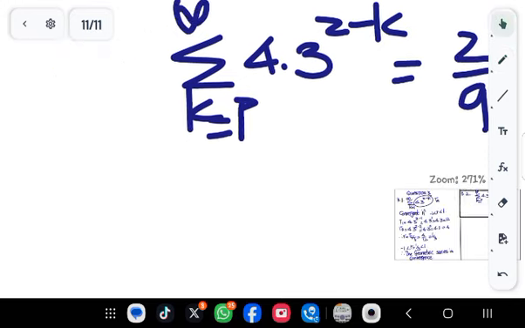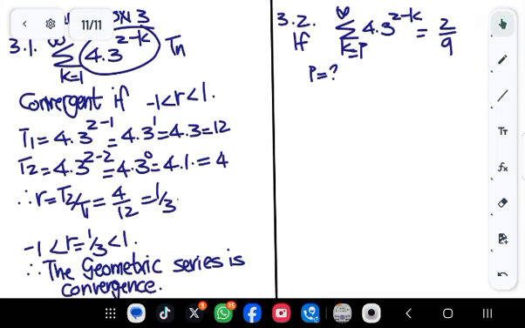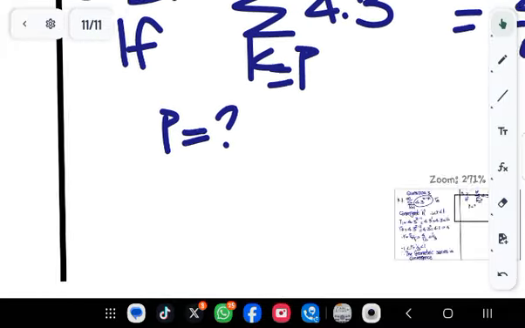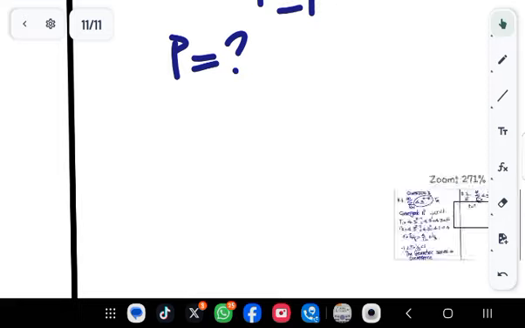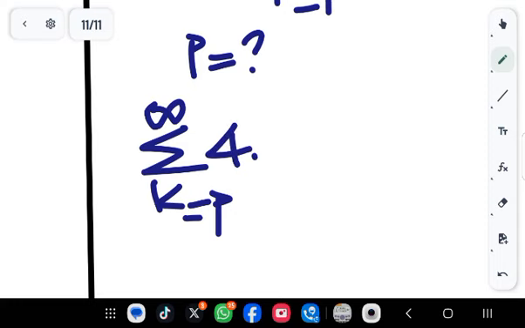If that is equal to 2 over 9, we must find p. Remember, the sum from k equals p to infinity of 4 times 3 to the power of 2 minus k